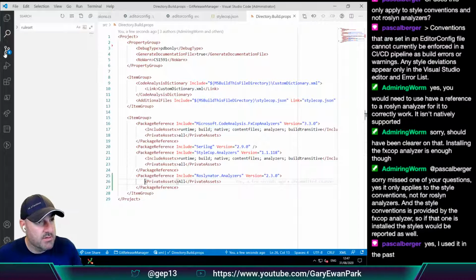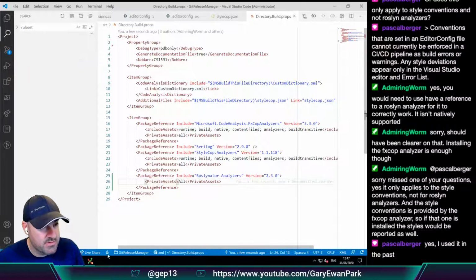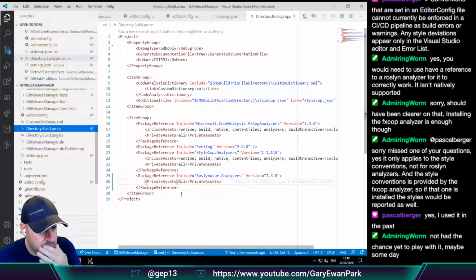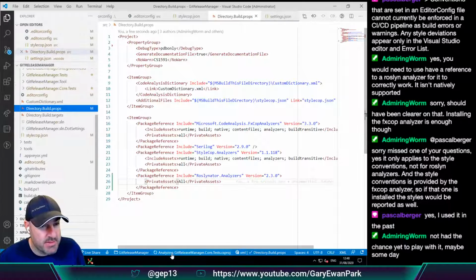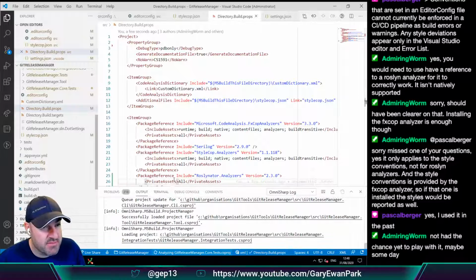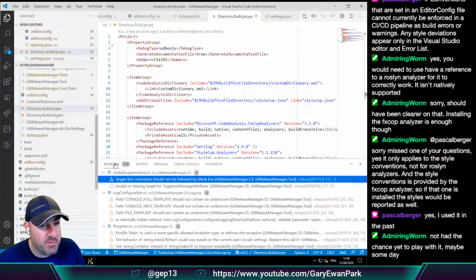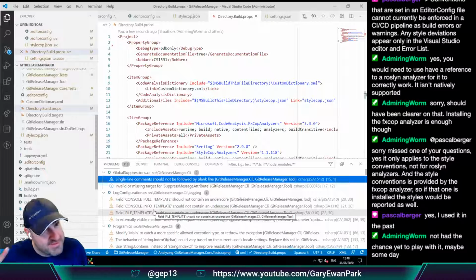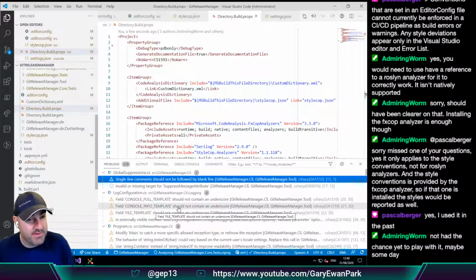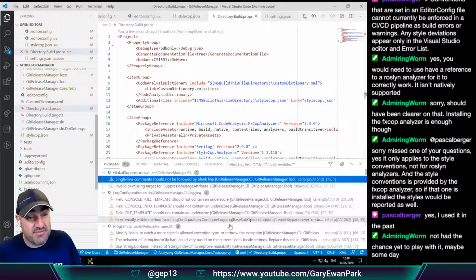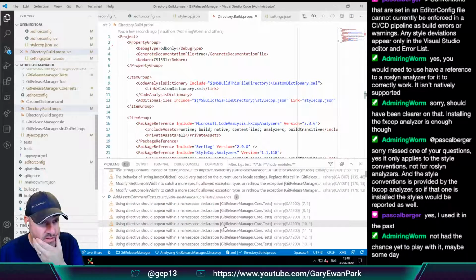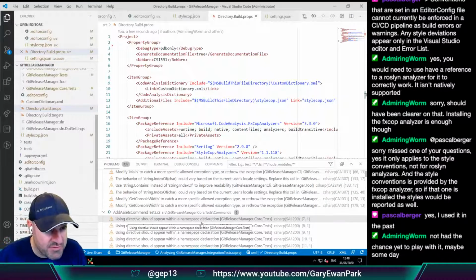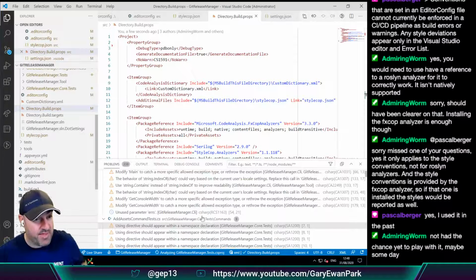So in theory, if we were to look at, well, I'm going to go with it. I'm going to include it. So it's currently analyzing some stuff. Oh, there's 318 problems. Love it. Love it. Okay, so it's doing stuff, which is good. And it is doing stuff along the lines of should appear within the namespace. So we know we've got that part working.